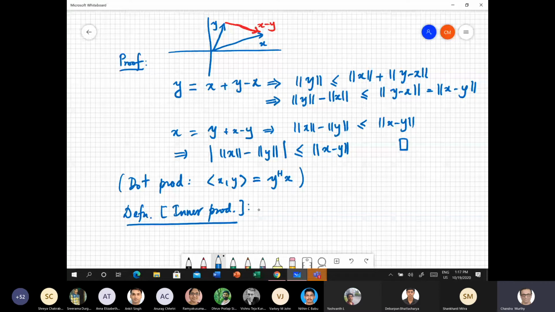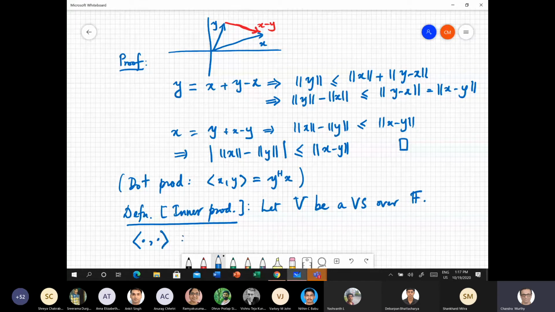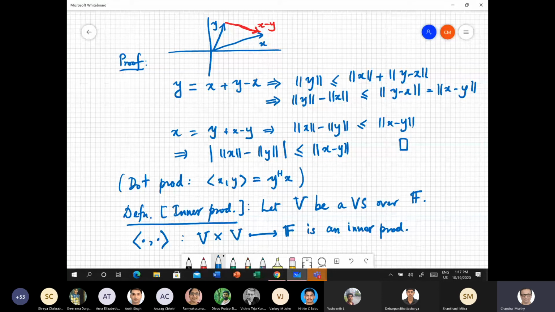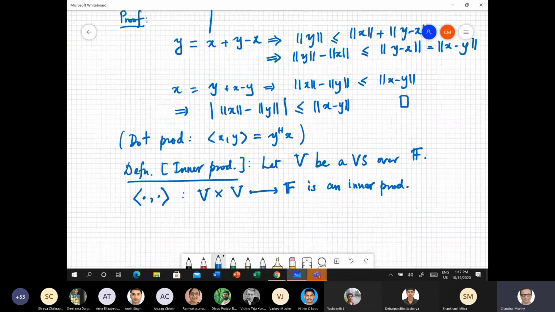Let V be a vector space over F. Then this bracket, which maps from the Cartesian product of V with itself to the field F, is an inner product if for every x, y, and z belonging to this vector space V, it is true that